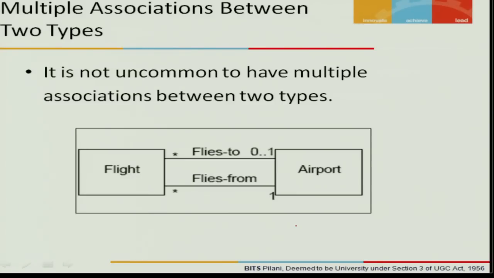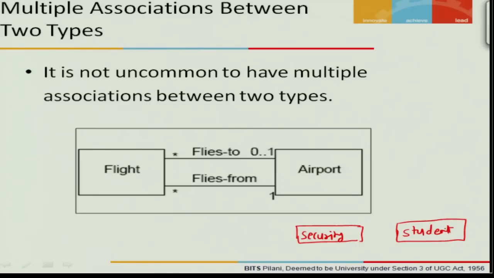For example, suppose there is a security person sitting at the door of the college gate. Security person is the domain concept for that. Now a student enters the college through that gate, but there is no relationship between security person and student at all. So it is necessary to understand that two domain concepts can exist without any association between them. So security and student are not related to each other at all. So no need to draw a line between them. They are not related.